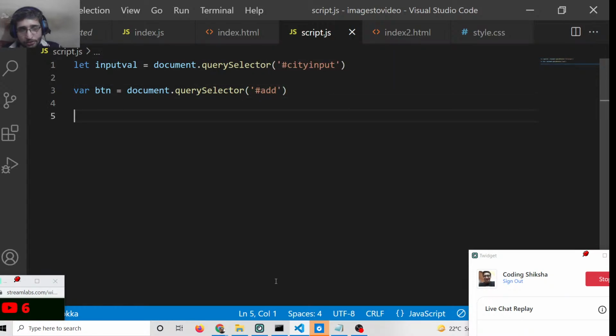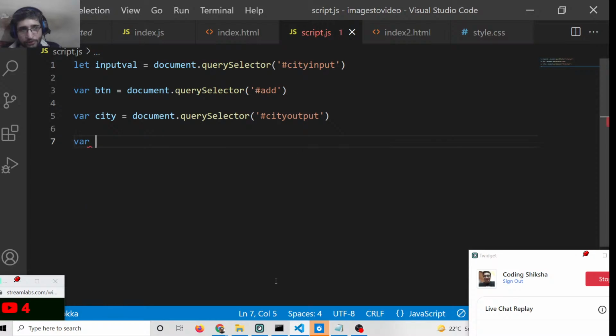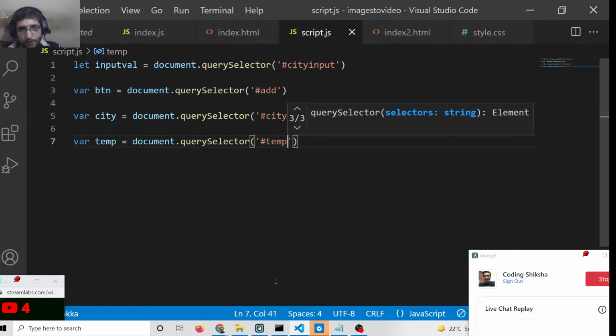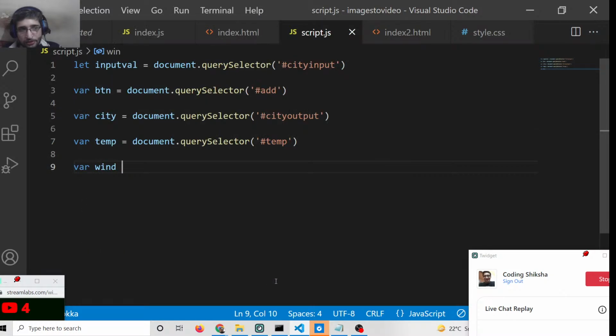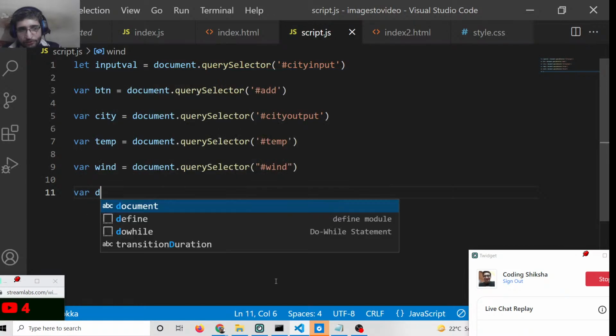We have given this ID to the button, and also we will get the reference document.querySelector, which is city output, and also we will get the temperature, temp, which is document.querySelector temperature, and also the wind, document.querySelector wind, and lastly for description